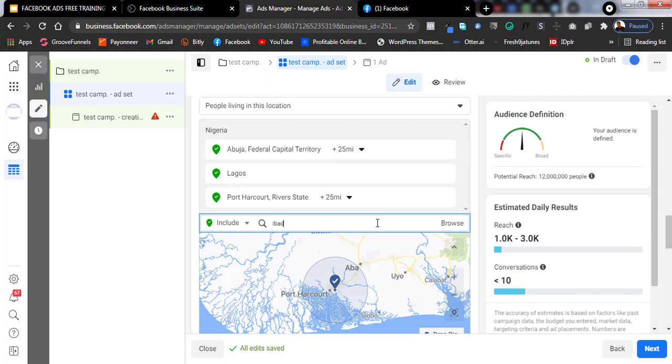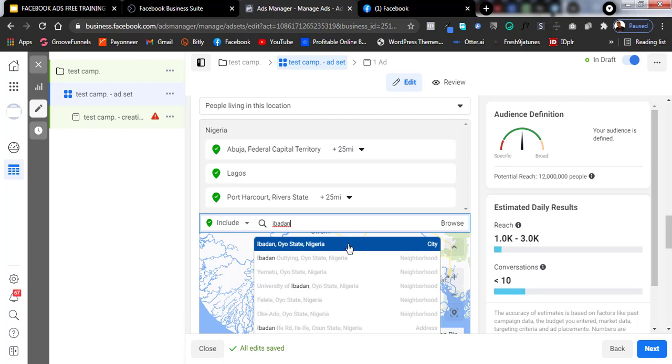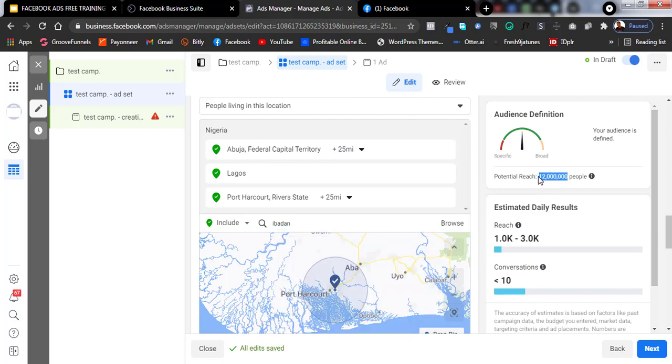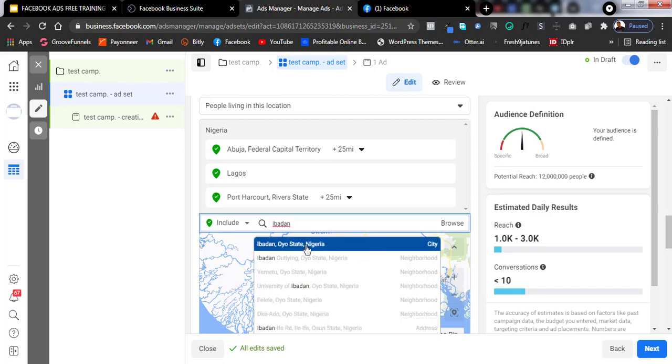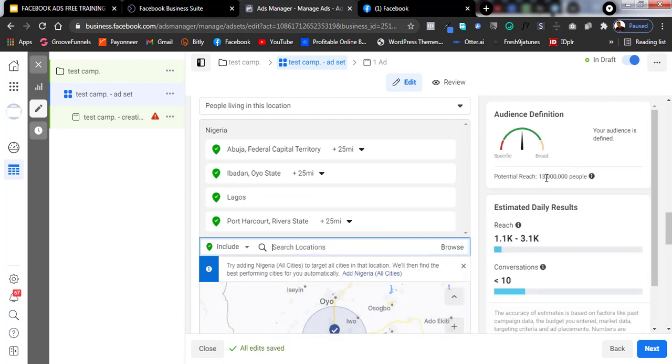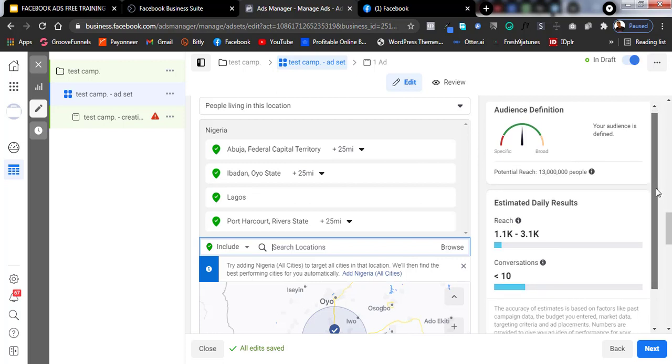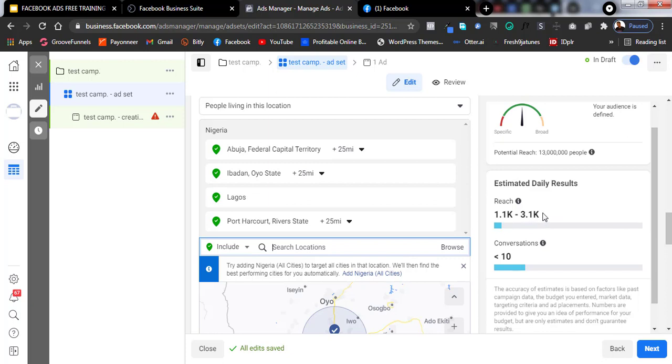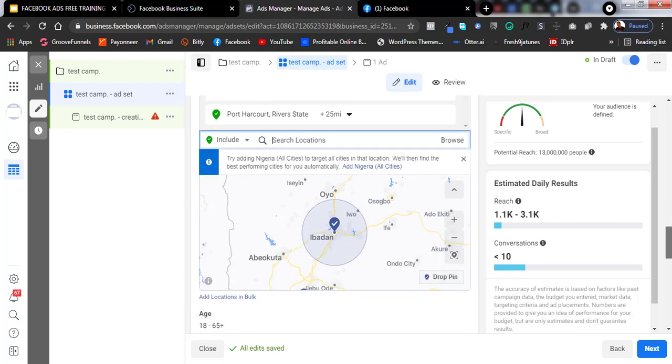So I can even add something like this, Ibadan, or your state. So if you notice, before I add this Ibadan, try to notice something here. You see my potential reach, which was 31 million people here, has reduced to 12 million, meaning I'm already diving deep into the kind of people I want my ad to show to. So if I add this Ibadan right here, see what is going to happen. So just look at it. If I add Ibadan or your state, as you can see, 30 million people, it has increased. You understand? So now let me see, these are the states I want to use to run my ads. And if you look at the estimated daily reach, it is also changing based on your audience selection. So go down right now